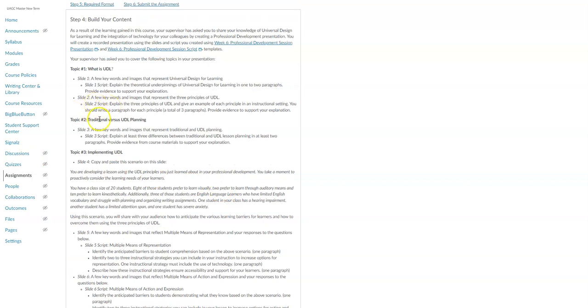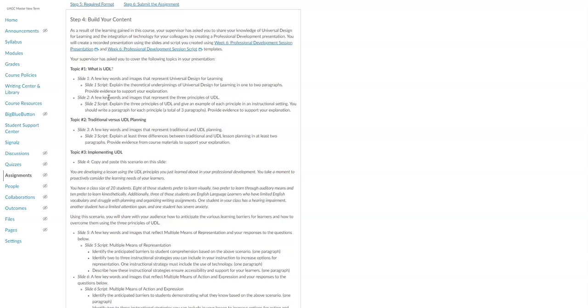For the second slide, under topic number 1, you will explain each of the 3 principles of UDL and provide an example of what the principle might look like in an instructional setting using evidence to support your explanation. This should be 3 paragraphs long.